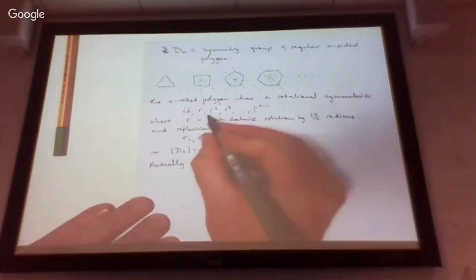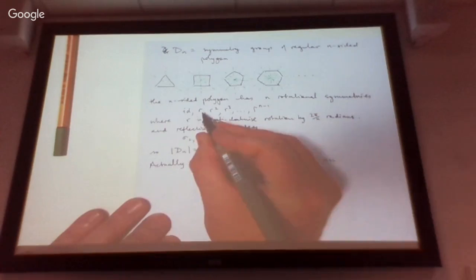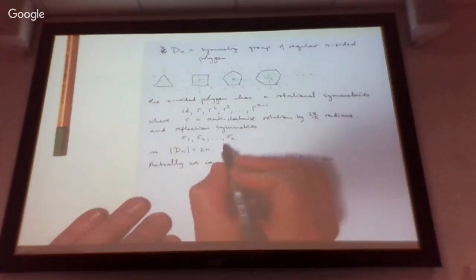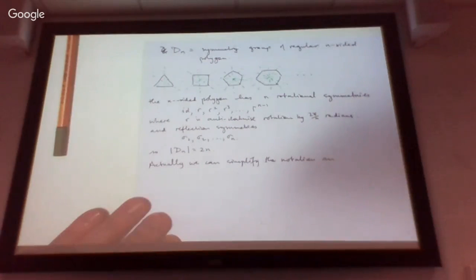Well, we've already simplified it a little bit by just using one symbol really for the rotation, r, and then talking about r squared, r cubed, and so on. We don't actually need n separate symbols for the reflections, so we can simplify the notation by using